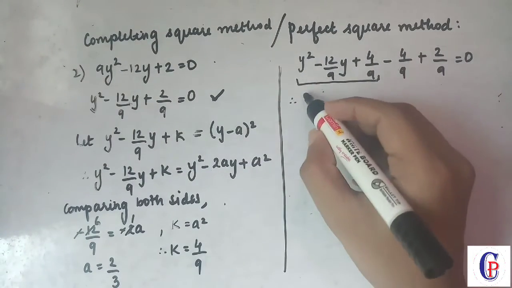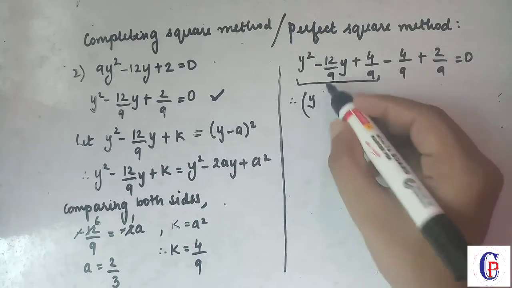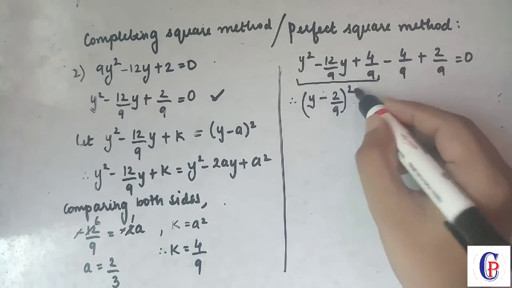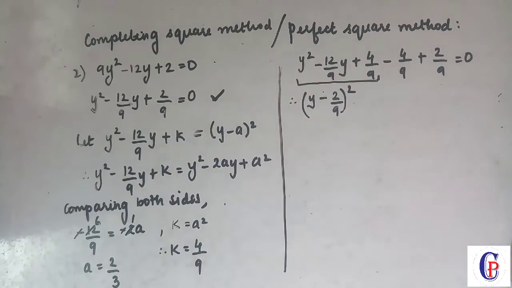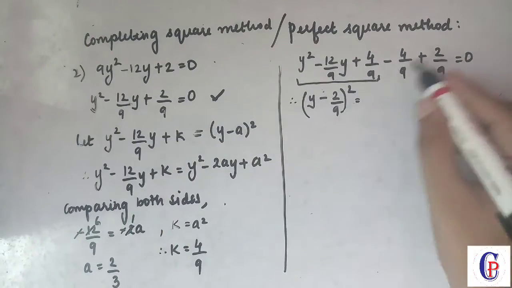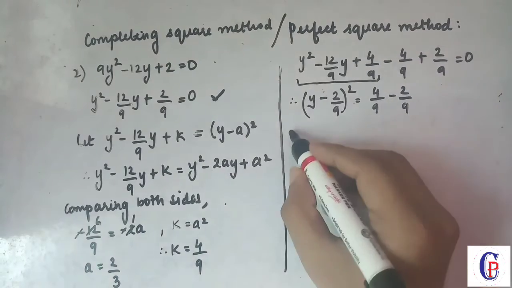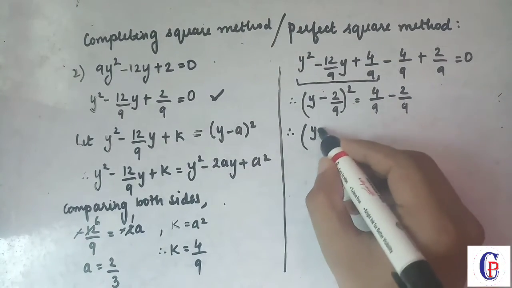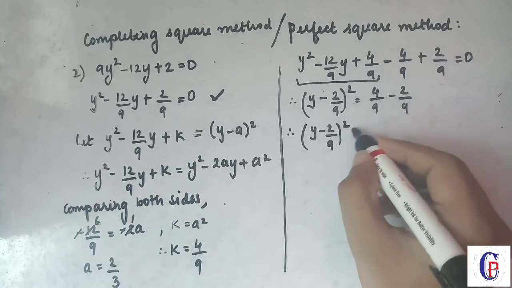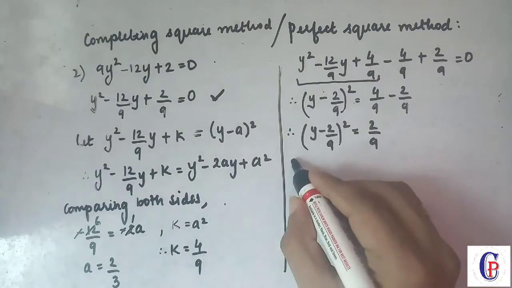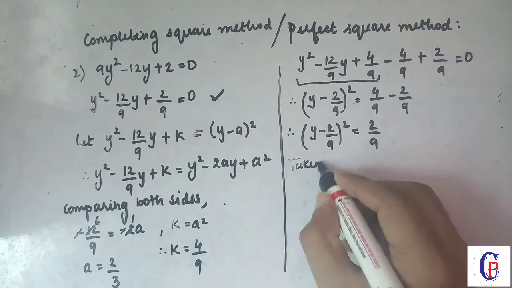How will you convert this into a perfect square? Square root of the first term, sign of the second, and then again square root of the third term. And let us take this there. So 4 upon 9 minus 2 upon 9. So therefore (y minus 2 upon 3) whole square is 2 upon 9. Now take square root on both sides. So taking square root on both sides,